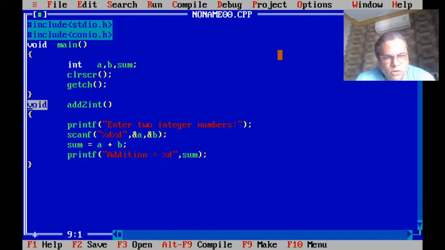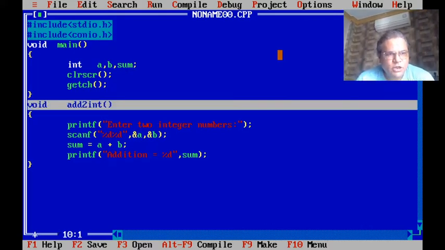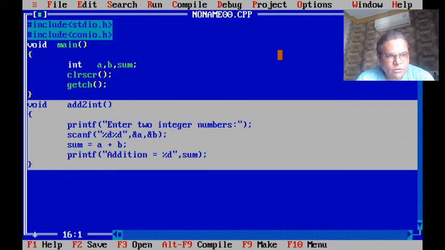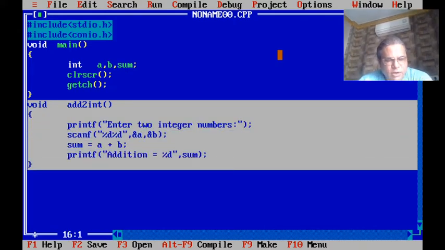So now this is called the function header, and the remaining part which is present in the pair of curly brackets is called the function body, and together, that means header along with function body, it is called the function definition. And you can see the function definition is present outside the main and after the main. This is the end of main, and we have written a function definition after the main.